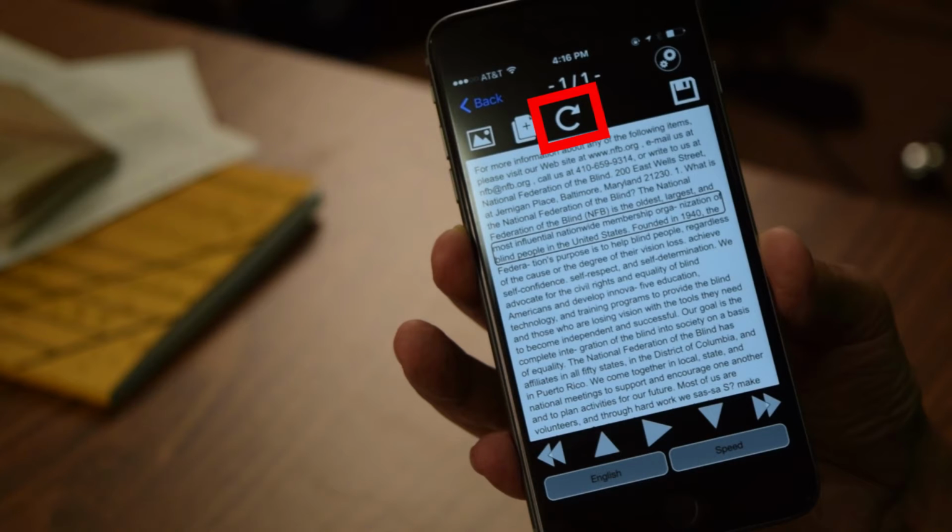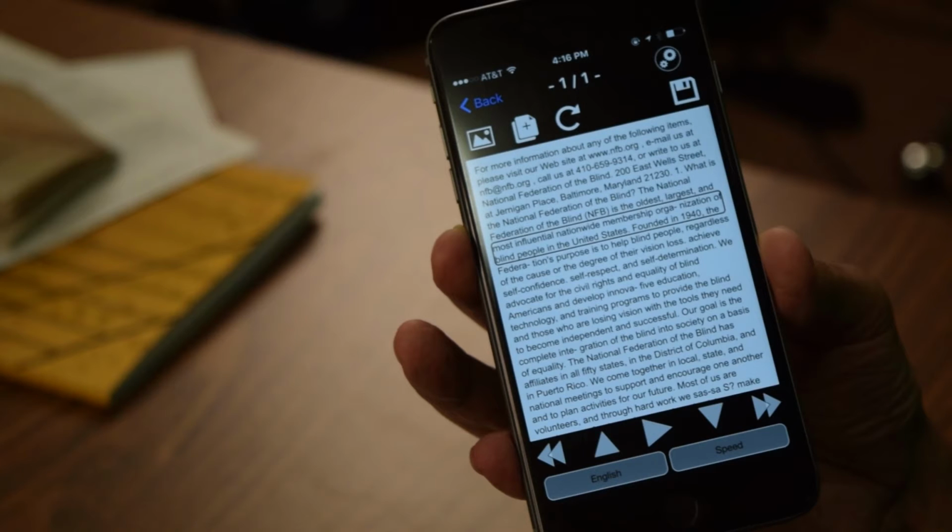Change text recognition. Well, the options for text recognition are single column or multiple column. So if the text wasn't being read in a logical order, you might want to try changing the text recognition to single column or alternately multiple column, depending on which one was used the first time.